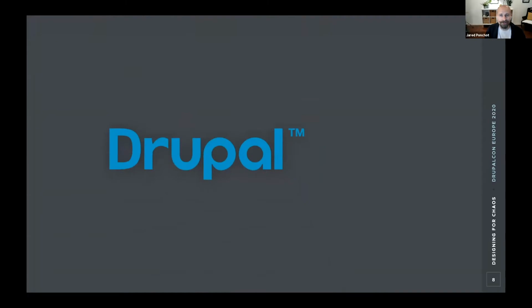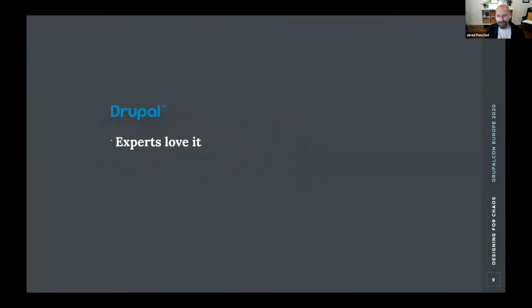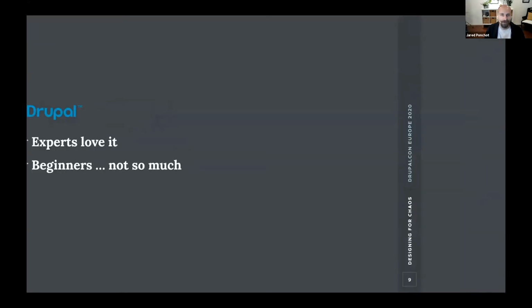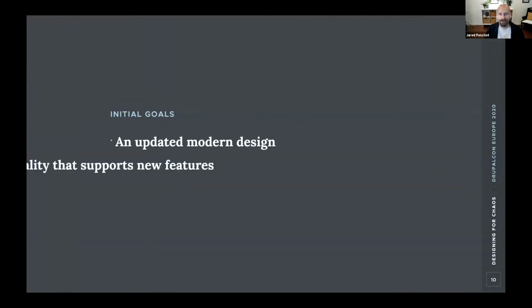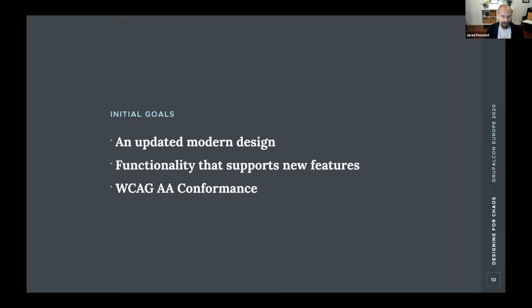So Dries had also mentioned in his keynote from DrupalCon Seattle that while experts still love Drupal, beginners or CMS newcomers still have some negative connotations. And a key aspect of that is the fact that the out-of-the-box experience includes a theme design that's now a decade old. So Putra and Mike started by creating a few just simple initial goals that made them interested in working on it.